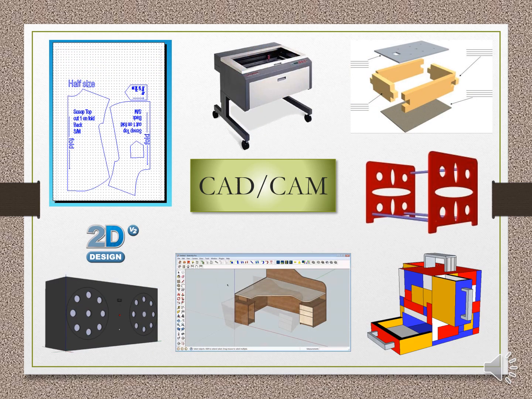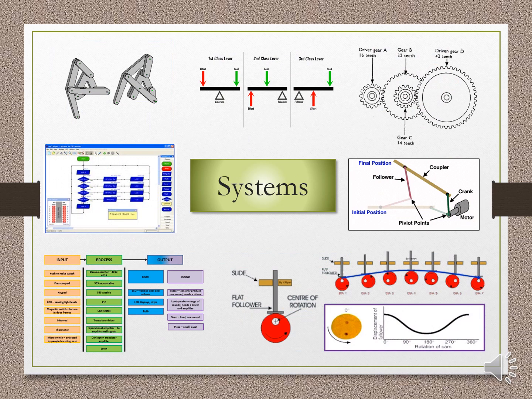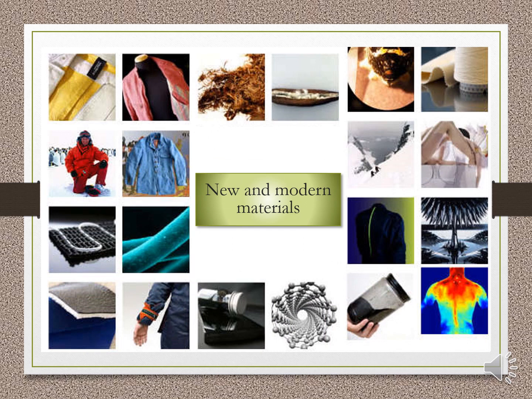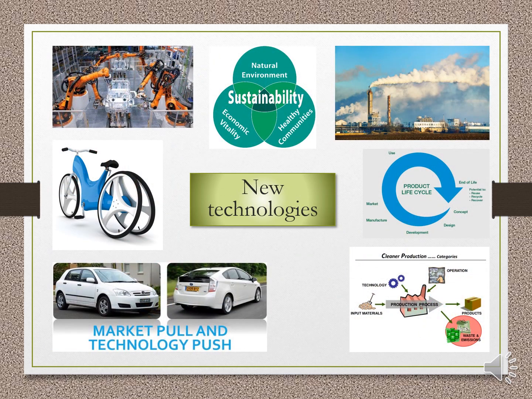Use of CAD/CAM, so building on what you've done before, 2D design, SketchUp, using laser cutter to create parts for projects, for example. A bit more about systems, do a little bit of electronics systems as well. It's not a huge amount, but there is a little in the DT course. And learning about new materials and modern materials, smart materials, things, for example, that change colour when they get hot. Just one example. About new technologies, how robotics is used in manufacturing, energy production,